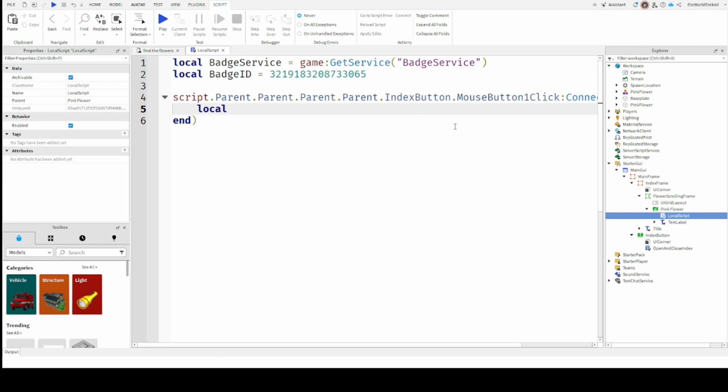So local player equals script, game.players.local player. If it won't say local player, make sure it says local script instead of script, okay? And if it still doesn't appear, like, I don't know, if it doesn't work by the end of this, just let me know, please. Alright, enter. Local has badge equals, so this is going to check if you have the